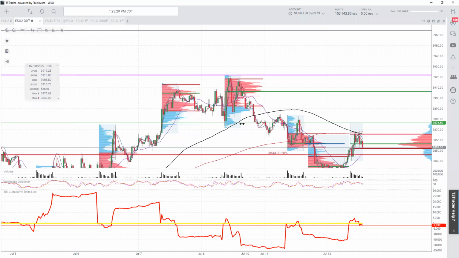Okay, now how are we going to be able to gauge that? Well, in this case, this is a P-shaped profile. This would indicate possible short covering, which should reduce open interest, but it did not. We added